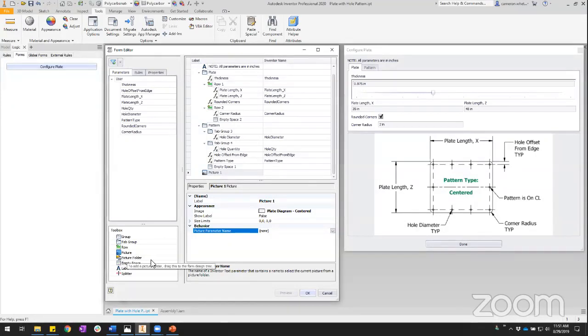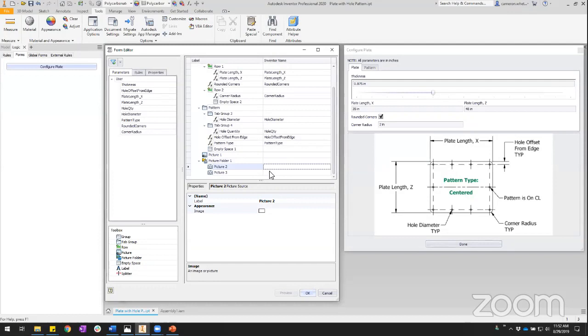But the way it works is you have to have this other control here called a picture folder. Because I loaded an image from my hard drive, but now that it's loaded into my form, it's not actually referencing the actual PNG on my hard drive anymore. That PNG actually got loaded into the form in this document. So if that picture on my hard drive gets lost, the form will still work just fine because it's now a part of the data of the form. So a picture folder